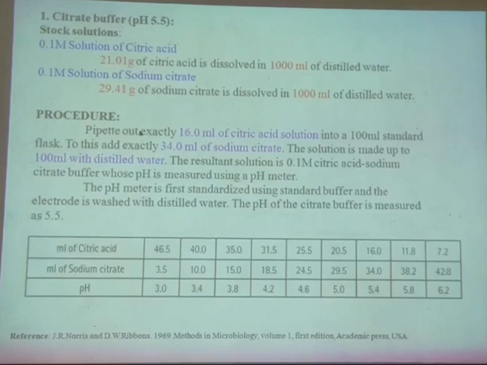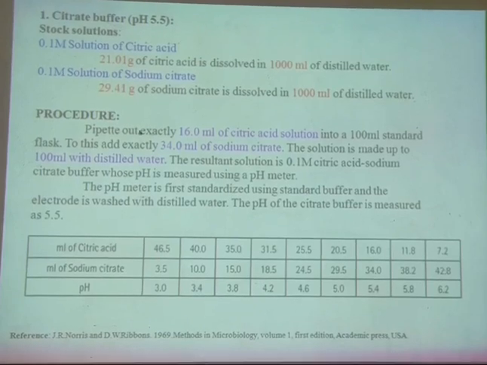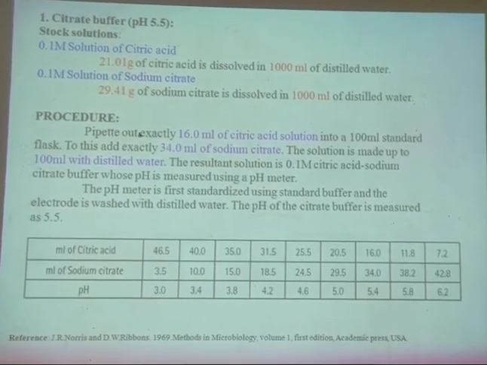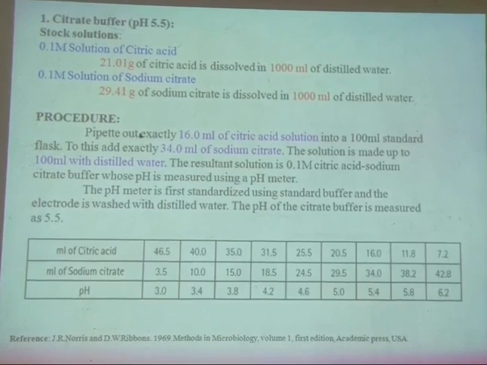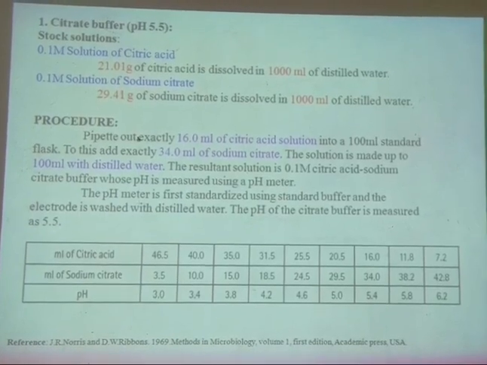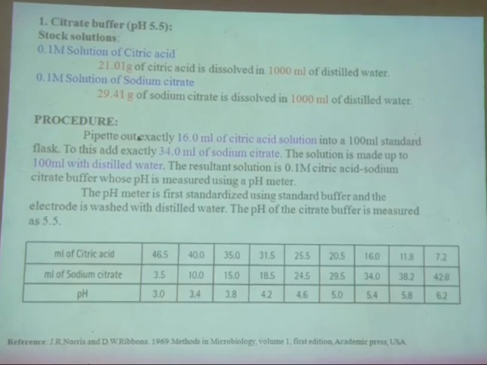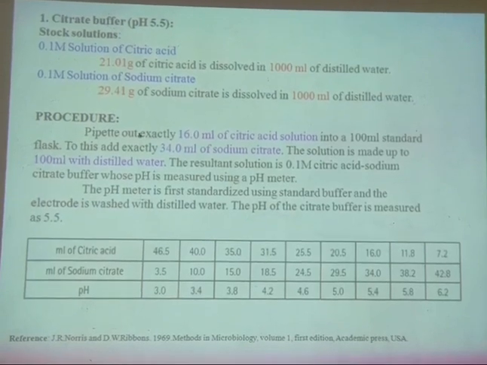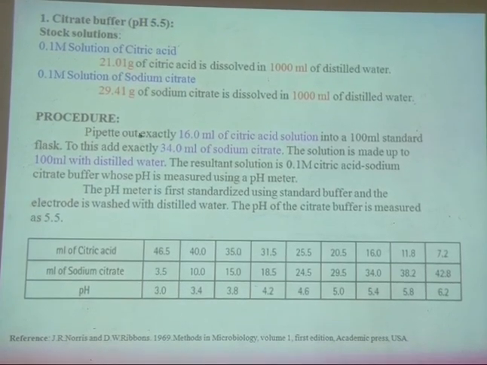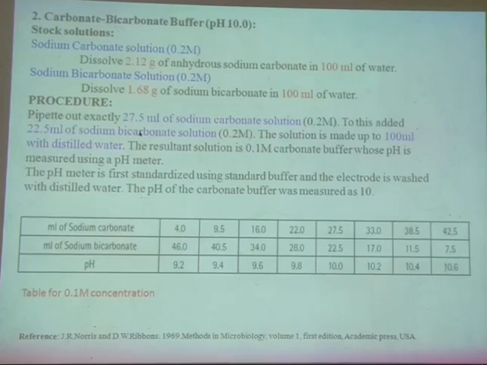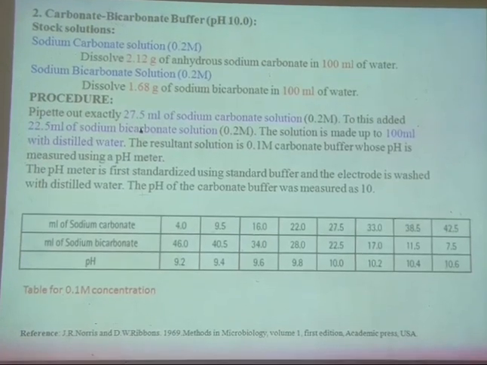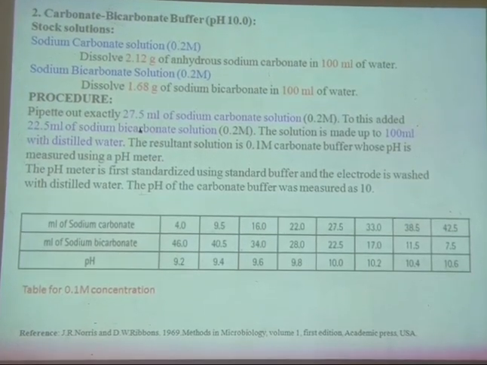There is no need to check the pH here. If your chemicals and measurements are perfect and the water you have used is very pure, then you have measured this, put it into 100 ml and made up to 100 ml, and if you check the pH, it shows exactly pH 5.4 to 5.5. So this is the first buffer, and the second is carbonate-bicarbonate buffer pH 10. Here there are two different stock solutions